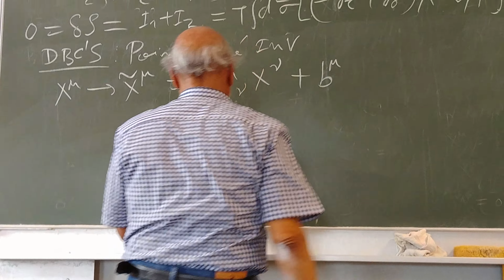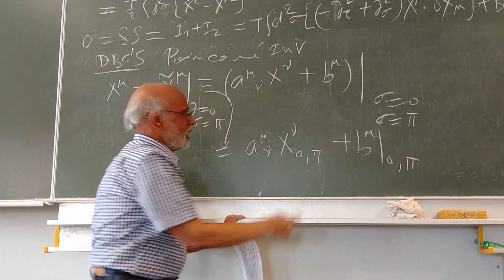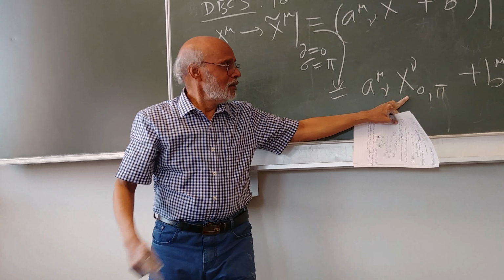So what I have is a mu nu times x nu at 0 or pi, plus b mu, and you see x nu for the Dirichlet boundary condition from that figure as well as